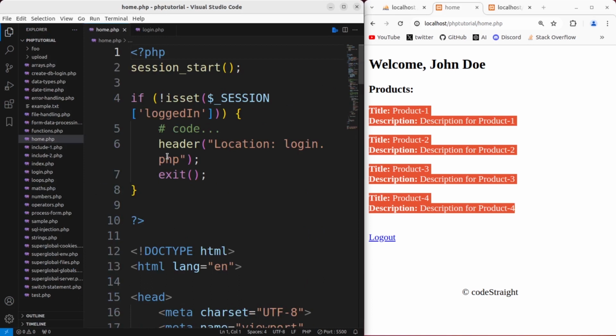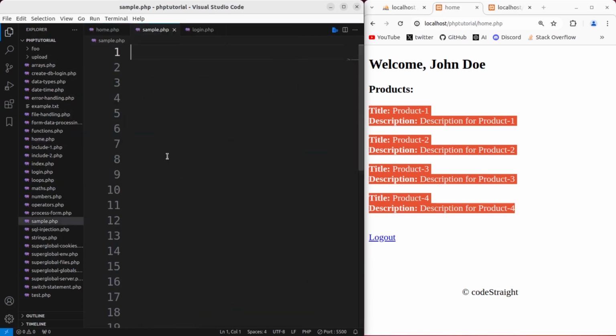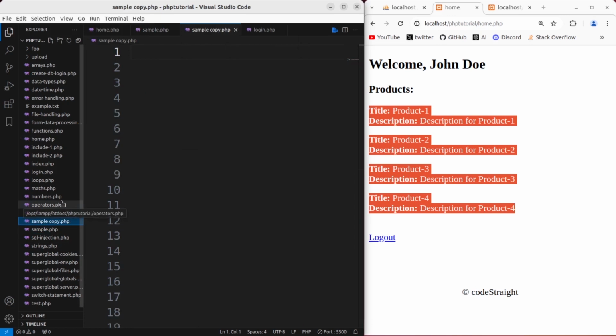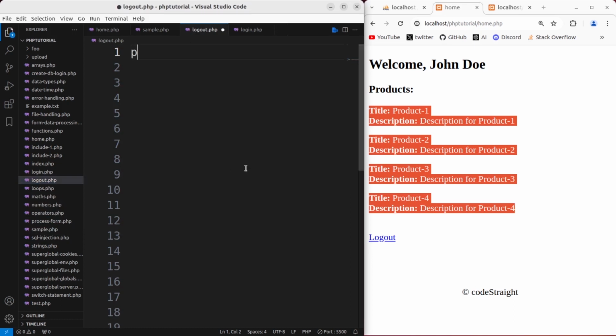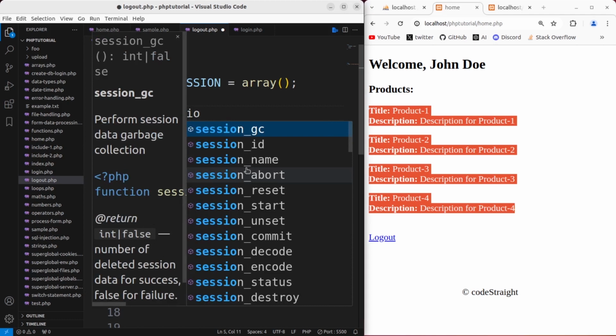After that, now let's move on to, let me cut this extra space from here and this as well. Let me bring up my Explorer and let's select our sample, and now let's make a copy of it and let's create our logout page. I'm gonna rename it as logout.php, and here I'm gonna add a couple of PHP tags. Let's go to the next row, and first of all you can unset all session variables by saying $_SESSION, and let's set it to an empty array by calling the array function. Now that will set the session variable to an empty array, and secondly you can destroy the session,